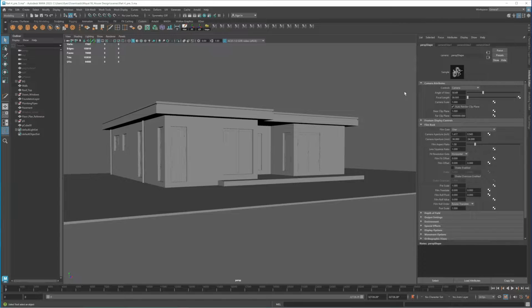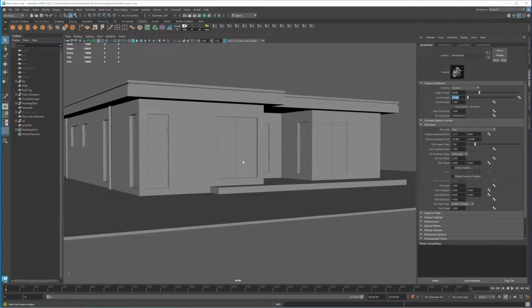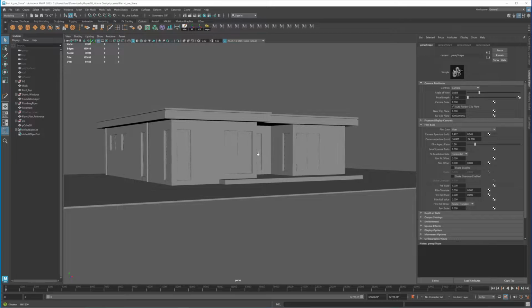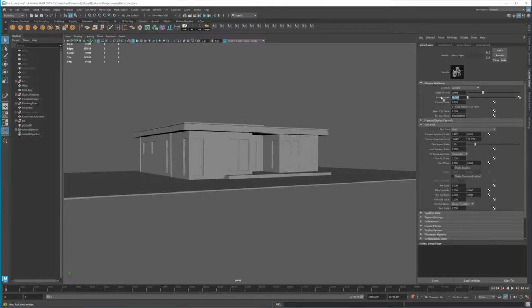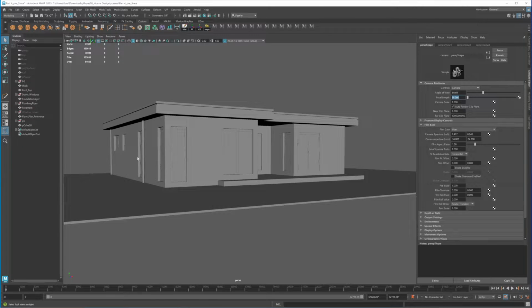But if I'm building products, I normally use something like 50 to 51. You can see when I do that and zoom it back, it doesn't really give me the wide lens that I like. So that's why I normally use something like 35 to 38. I just want to mention that, and also set your camera.